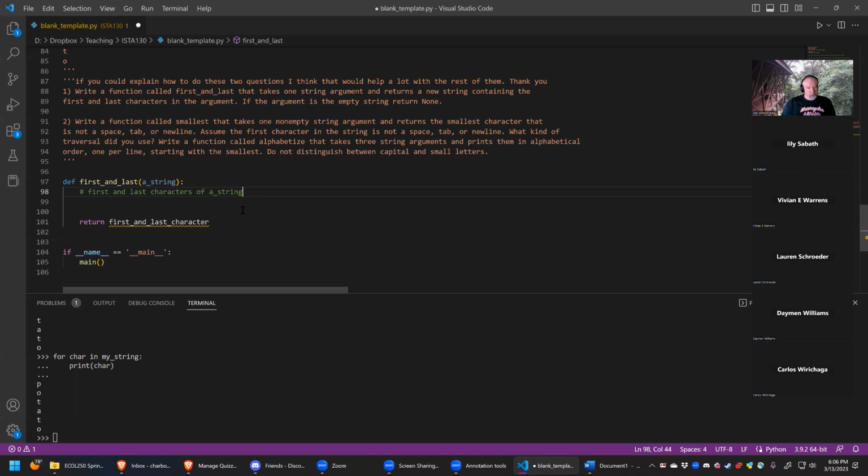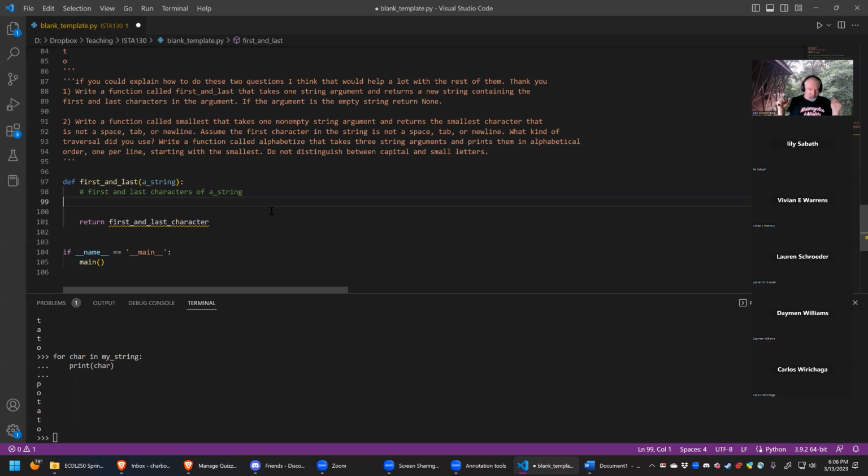Well, we could do it by traversing, no? But then limit the loop to only one number for the first and the last. I mean, you could traverse, but in this case, do we need to iterate through every single character in the string? No, we only need one. Well, we need two characters, right? Yeah, but